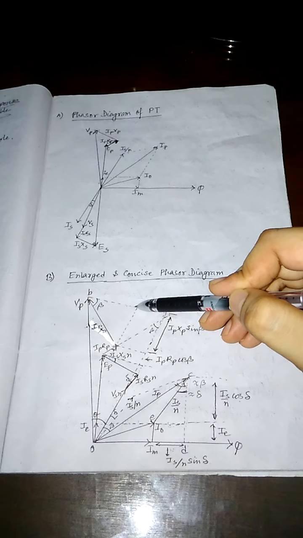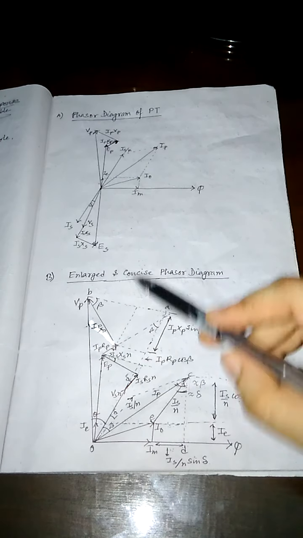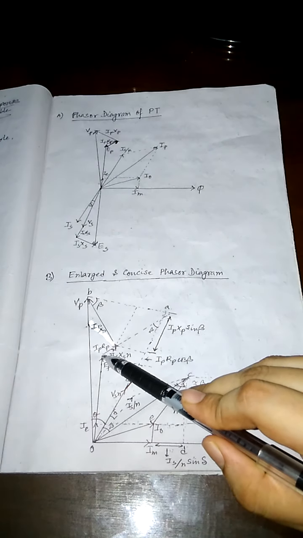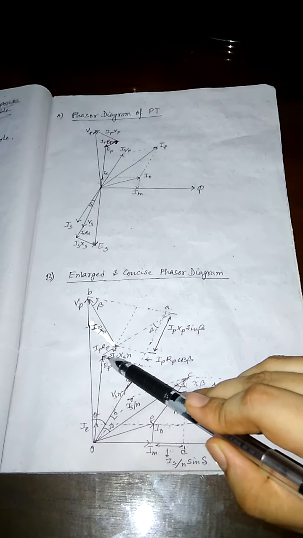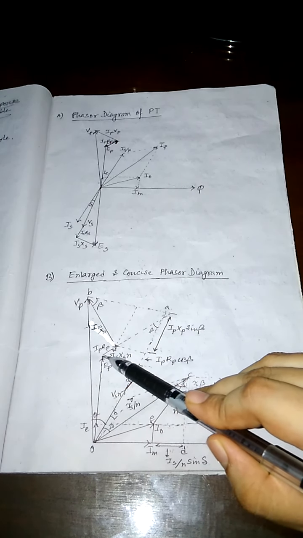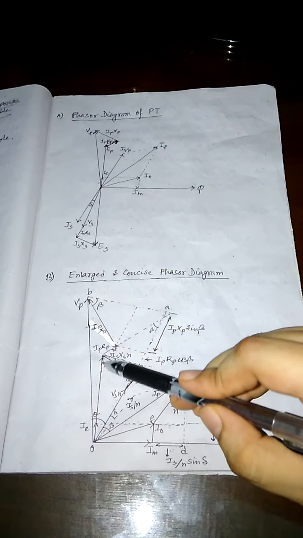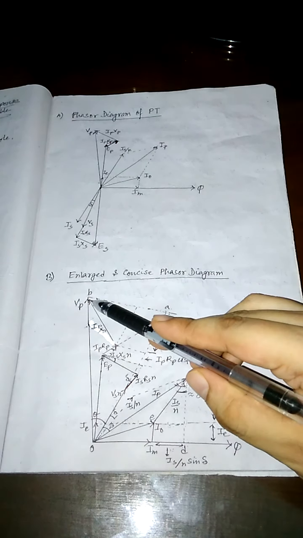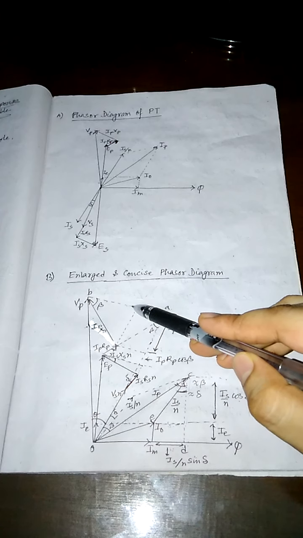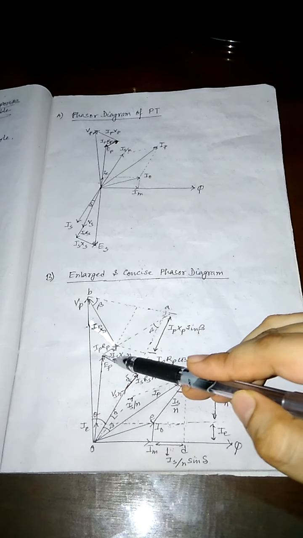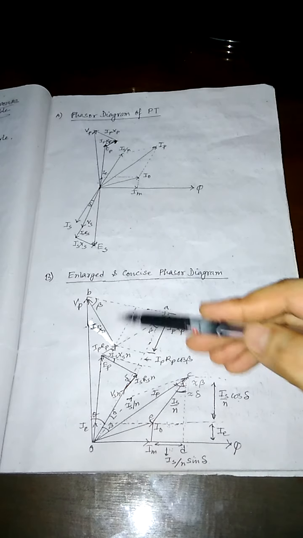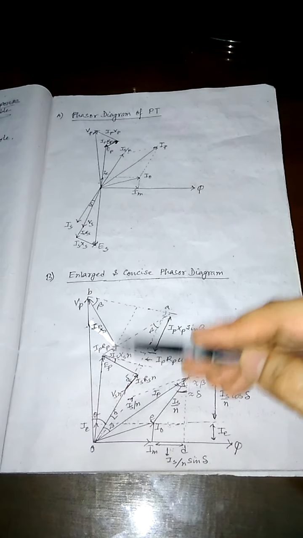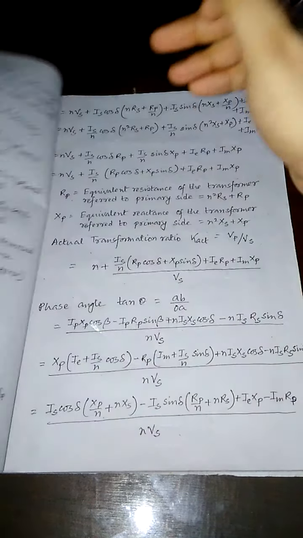See, this is IP RP sin beta. So this is IP RP and this angle is beta. So this part is IP RP sin beta. If we subtract that, we get IP XP cos beta minus IP RP sin beta. Considering this phasor here, we can get the IP RP sin beta from this. Now plus